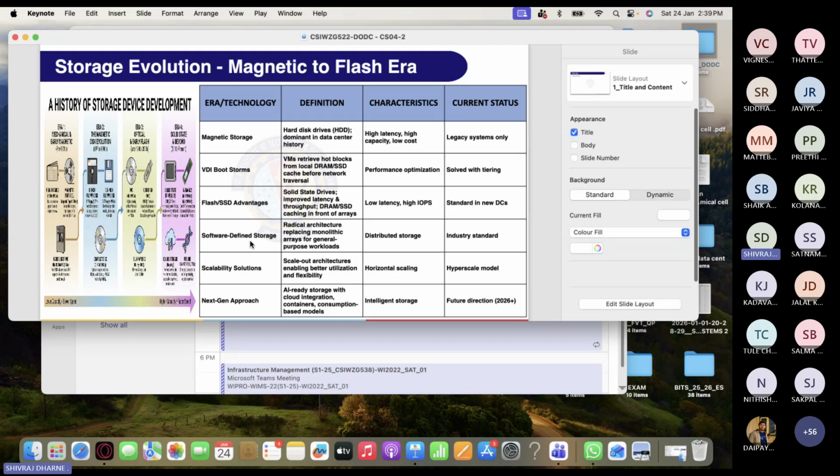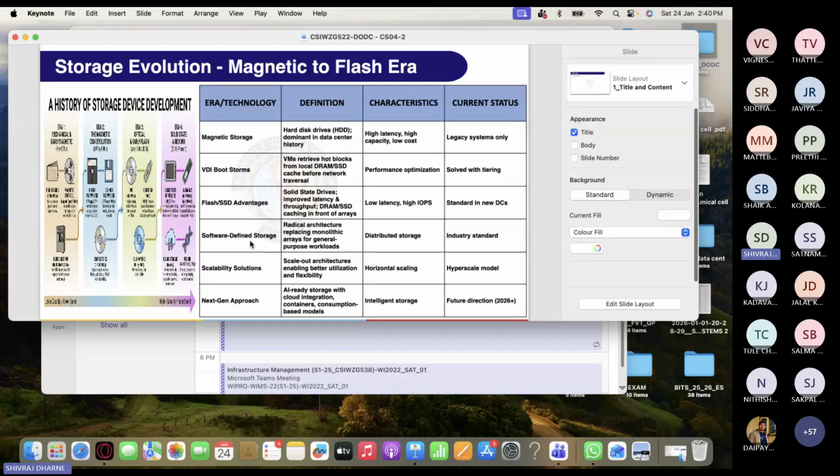Initially there was magnetic storage, which was the hard disk drives, HDD we used to call them. It is basically high latency, high capacity, and very low cost. But now, if you see the latest and greatest, the next generation